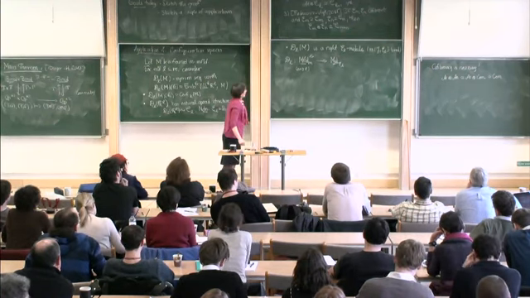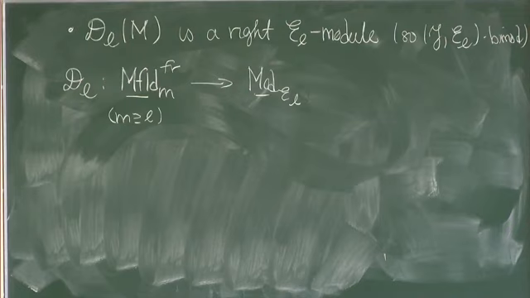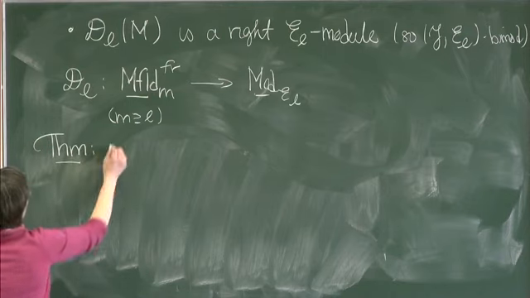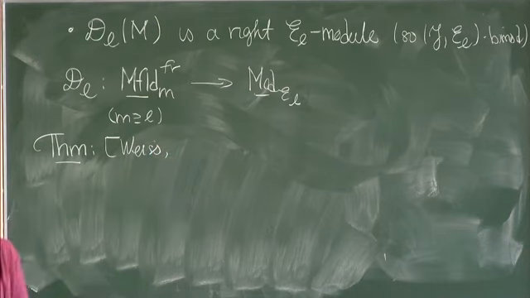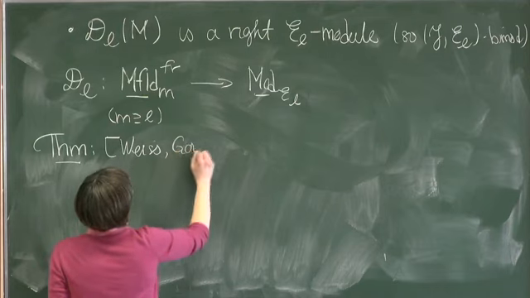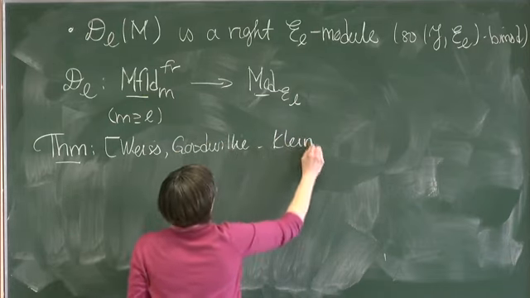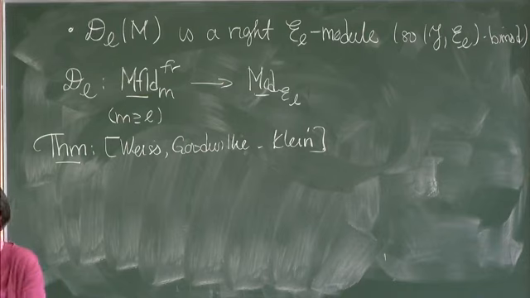So why does one care about these things? The point is that these right E_L modules capture a lot of the geometric structure of these manifolds. There's a theorem which is due to work of Michael Weiss with his embedding calculus, and also to other work on calculus by Goodwillie and Klein. And they showed that